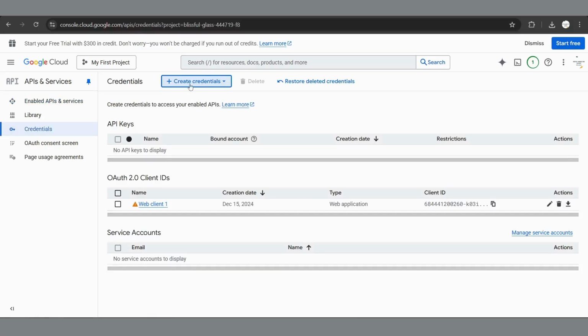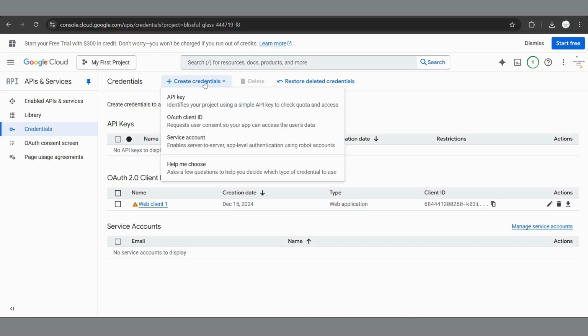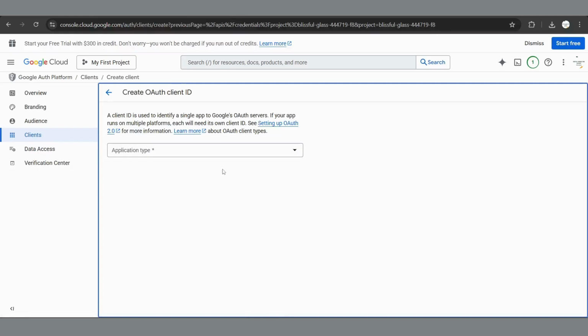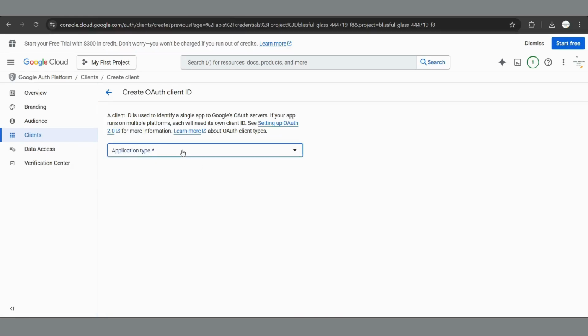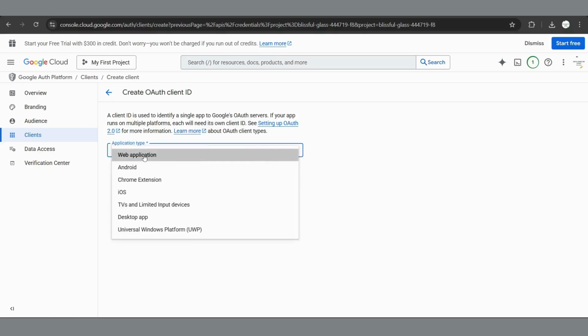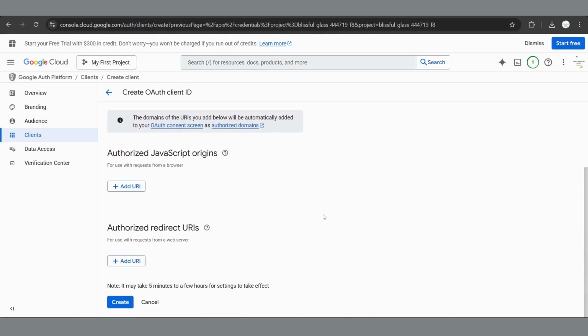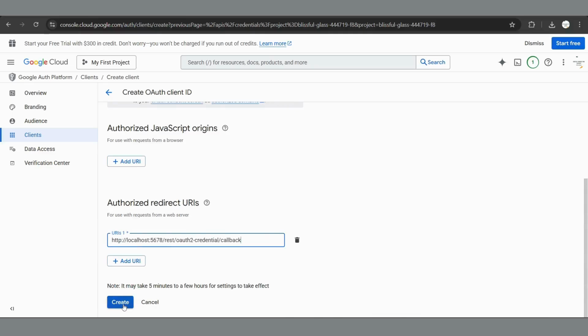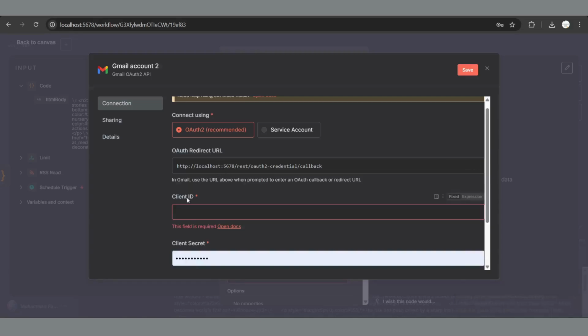For that, I'll simply click on this create credentials button and select the OAuth client ID here. Here you can see it's asking for the application type, and I'll simply select web application. And here in the authorized redirect URI, I'll simply click on this add URI and paste the URL we copied from n8n. When you click on this create button, it will provide you the client ID and secret ID. You simply have to copy and paste it here. My account is already connected, so I'll simply close this for now.